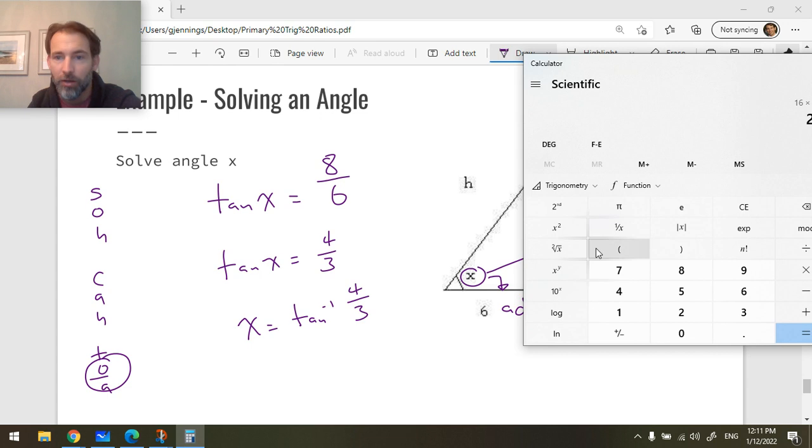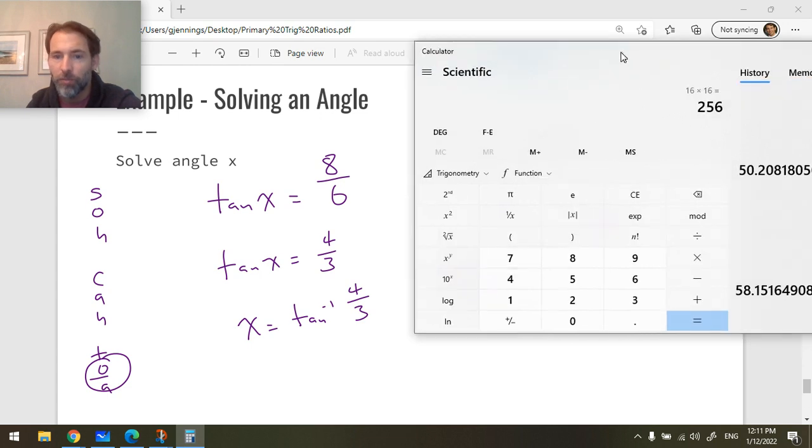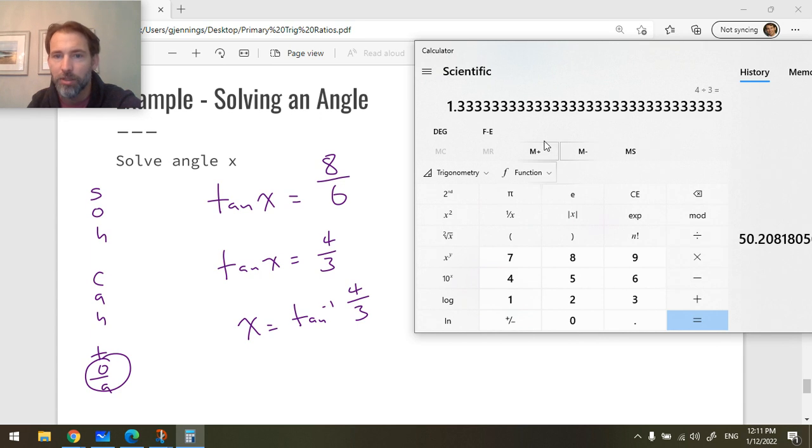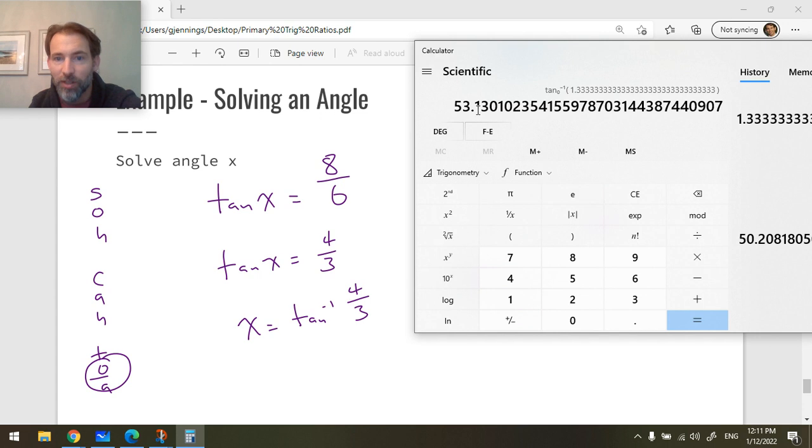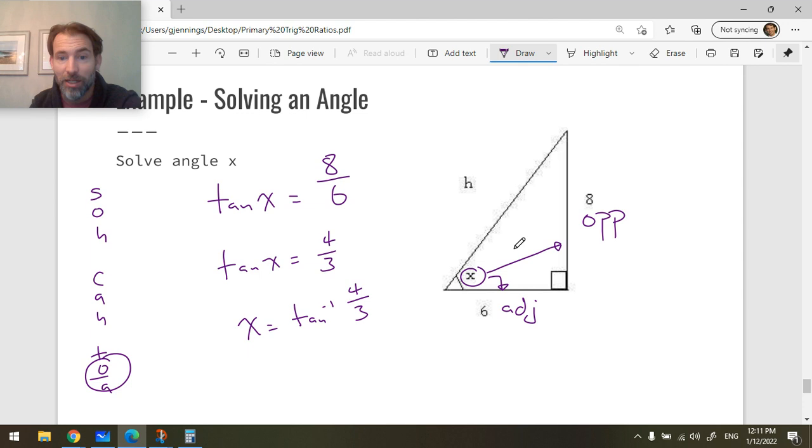Let's try that on our calculator. So what you're going to do is clear everything out. 4 divided by 3 equals 1 1/3. No surprise. And then you're going to take the inverse tangent of that, and that's 53 degrees. Now that makes total sense. This looks like 53 degrees